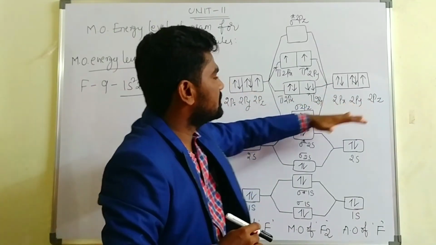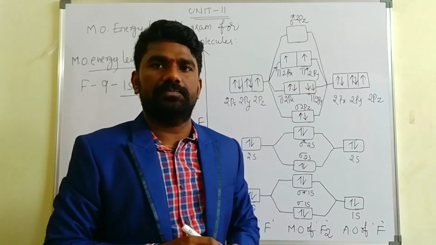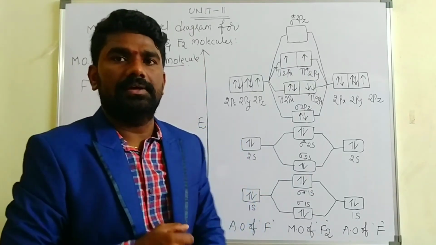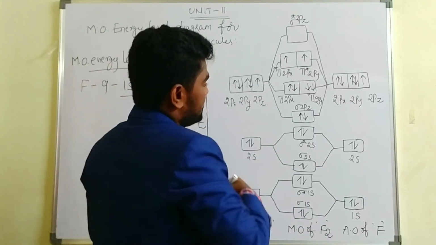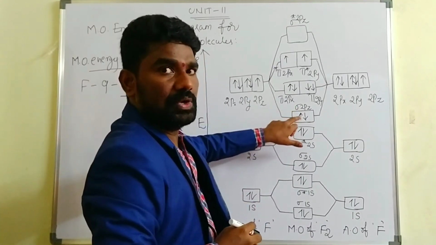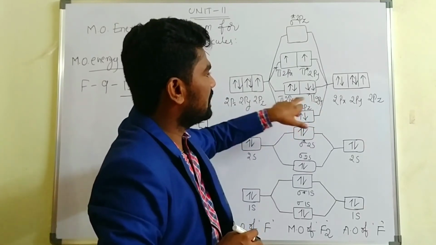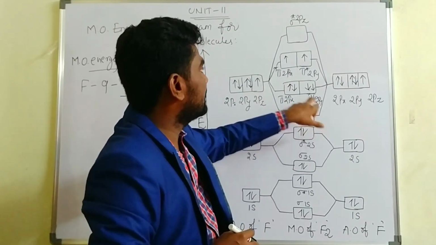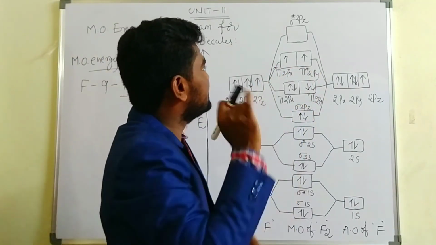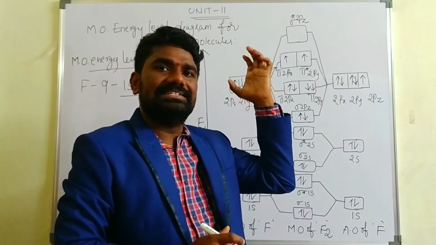These 10 electrons we are going to fill in the molecular orbitals according to the 3 rules: Aufbau rule, Pauli exclusion rule, and Hund's maximum multiplicity rule. Based on this, sigma 2pz has 2 electrons, sigma 2px has 2 electrons, pi 2px has 2 electrons, and pi 2py has 2 electrons. Pi star 2px and pi star 2py have only a single electron each in the case of oxygen, because there we have a total of 16 electrons only.